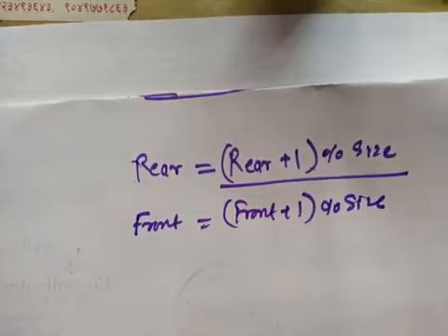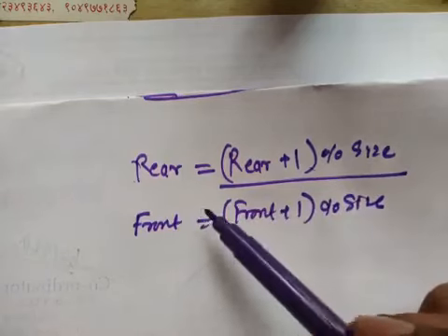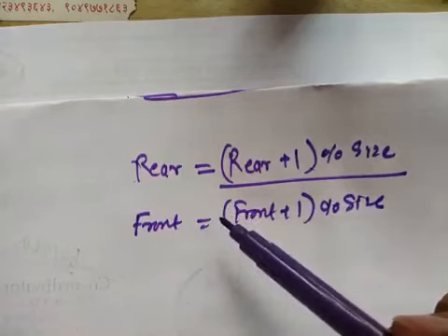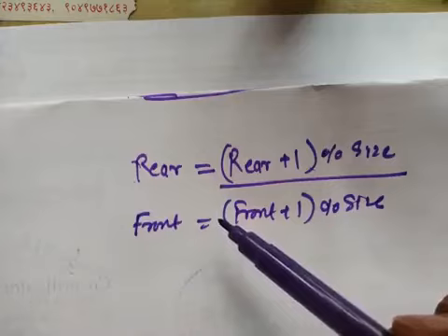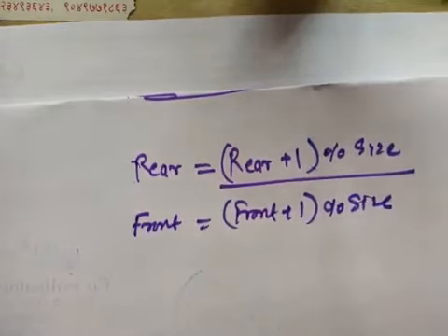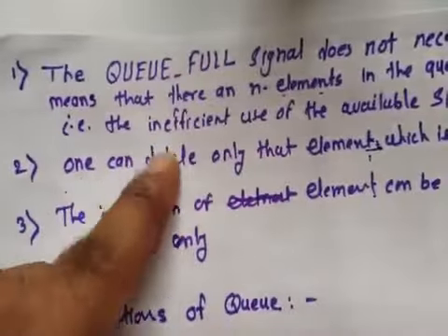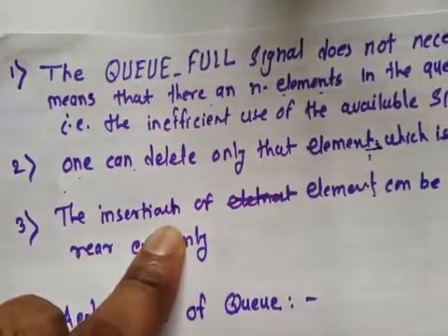I'm using the word linear queue since you can differentiate queues into types like linear queue, circular queue, and double-ended queue. First one is the linear queue. Now we are looking at the circular queue, then the double-ended queue. Double-ended queue is a solution for these two problems, where we can insert and delete elements from the rear and front end.